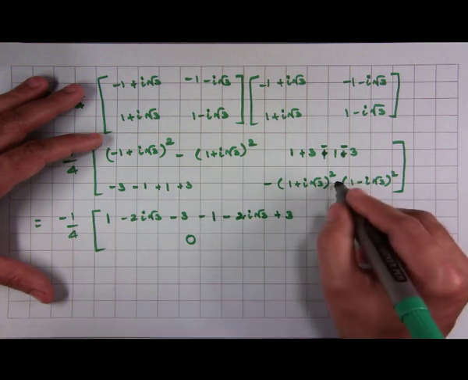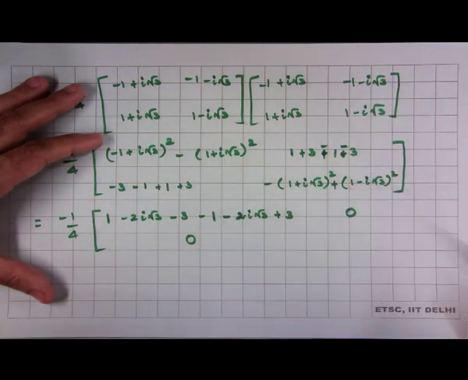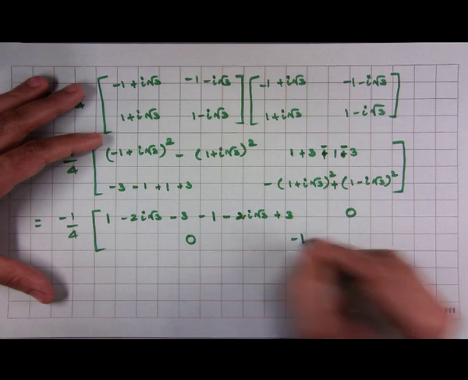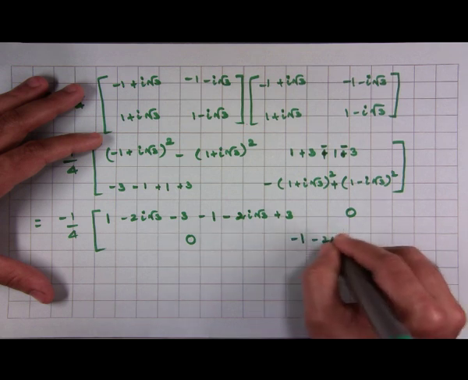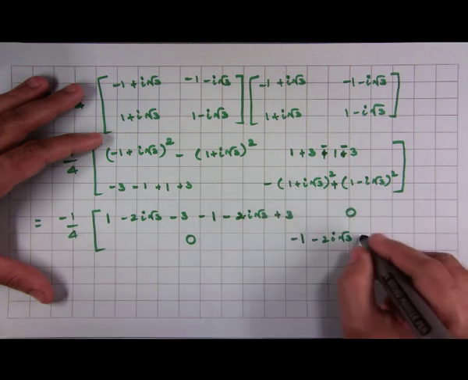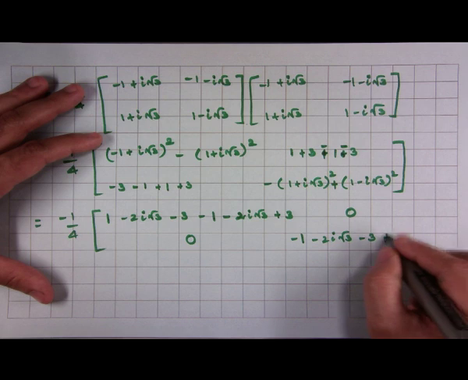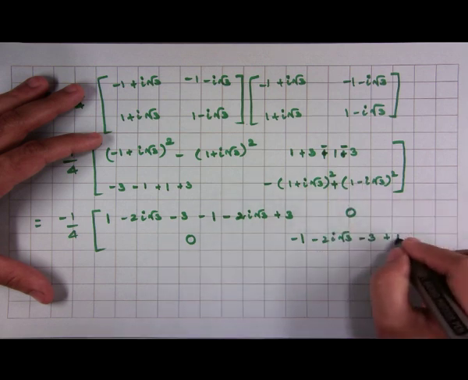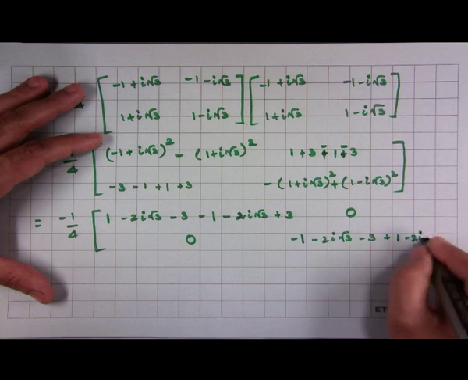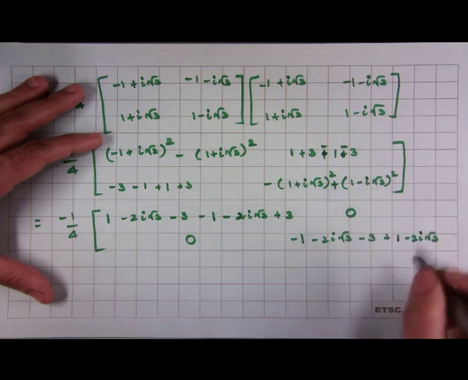So, here I will have a plus, right, this into this plus, I have a plus, minus 1 minus 2 I root 3 minus 1 minus 2 I root 3 minus 3 plus 1 minus 2 I root 3, so I have minus 3,